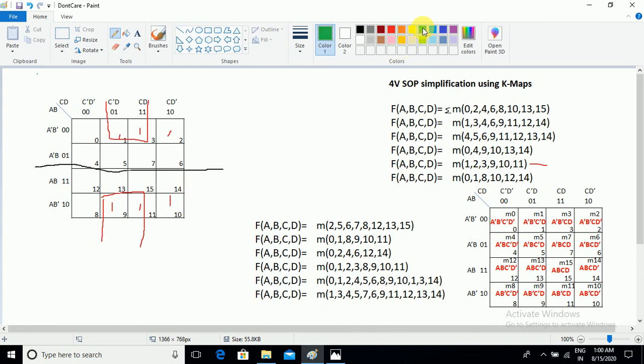The next one, now think about the 2 and 10. So you know that 2 and 10 can able to group by this manner, but if you include the 3 11 as a overlap, then what could be happen? Here also it is going to be create the 4 cell grouping. Okay, if you take the overlap of a 3 and 11, then here also we can able to create the 4 cell grouping. Now there are 2 4 cells groups are created. Okay, next one, do you understand? I think so it is very easy problem.